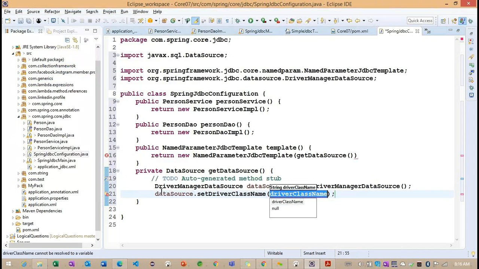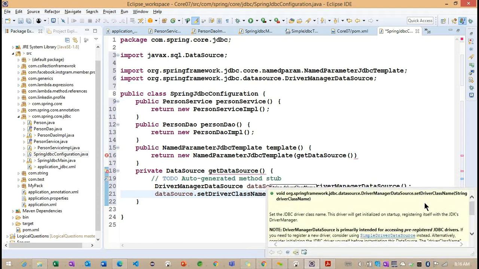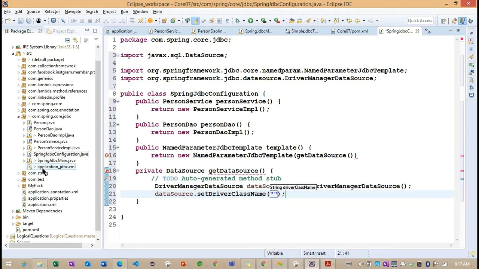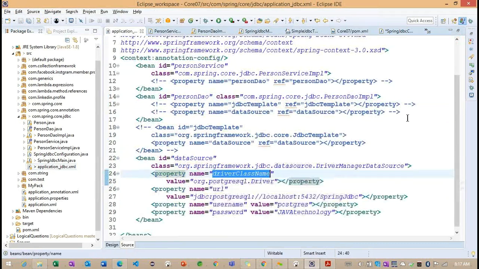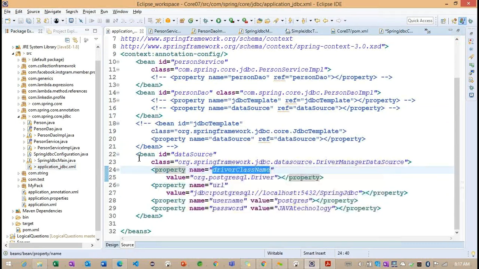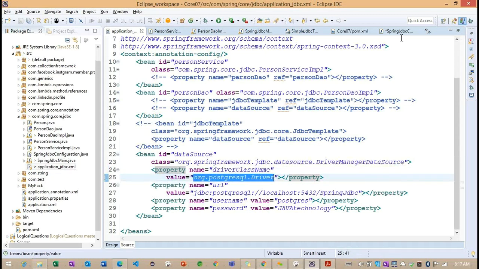Driver class name. What is our driver class name? It is expecting a string here. From where can we copy it? In our configuration file, we already configured it. This is the name of the property, driver class name, and this is the value.